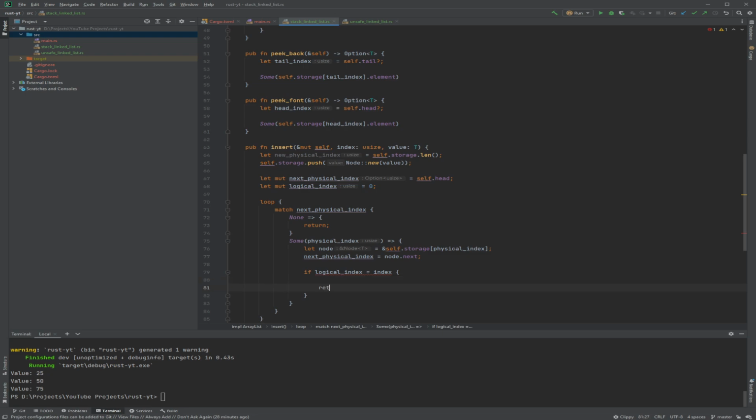Now this is where things get a little bit crazy. Obviously we want to return, and so we get the node that is at the current physical index. I mean, not address. We're not going to be dealing with addresses here. So this is the physical index where we want to insert an item after. We need to change it, and we also want to know what the old next item was for this node. So we will cache it.